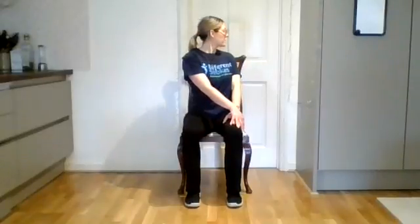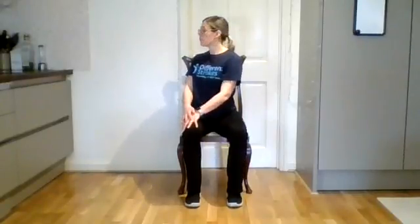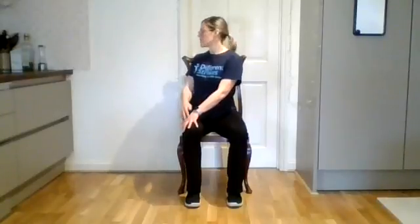Place your hands on your right knee, turn to look over your right shoulder, twisting at your waist. Return back to center, hands on your left knee, turn to look over your left shoulder. Again, tall, twisting at your waist. Just as far as comfortable, back to center. We're just getting warmed up here. So you're not pulling yourself. You're growing tall. You're just rotating as if you were looking over your shoulder,